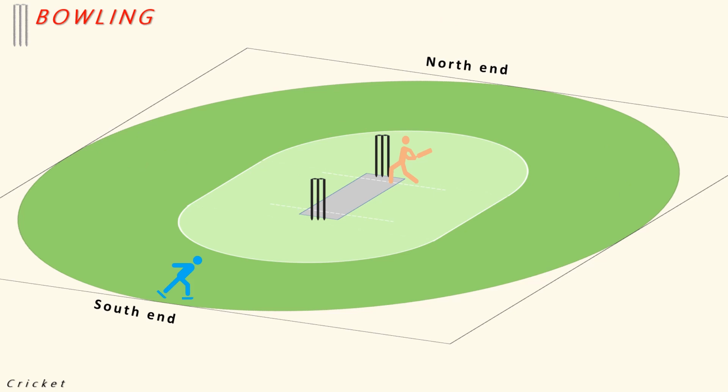In baseball, the pitcher has to stand and throw the ball. But in cricket, the bowler is allowed to run or walk up to a wicket and then throw the ball to the batsman batting at the other wicket.